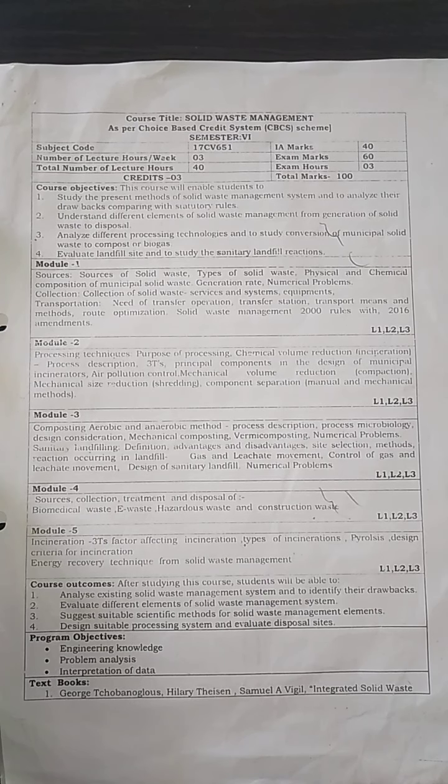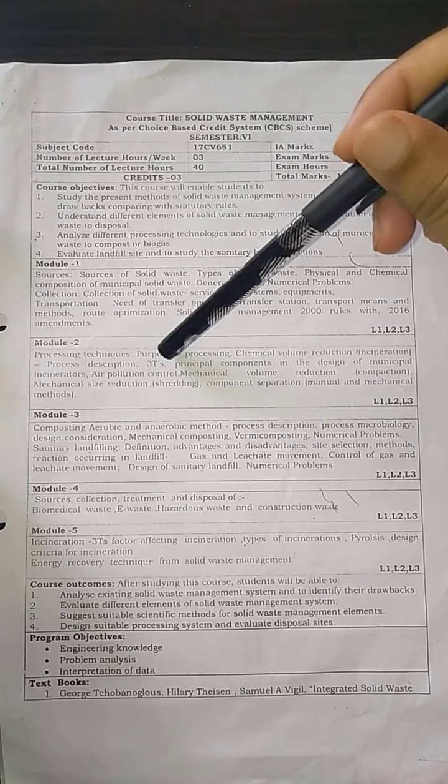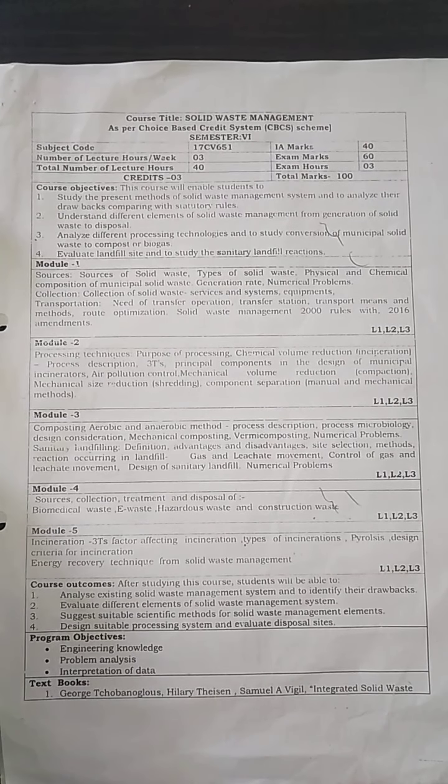Now first of all, we will see what is processing technique, okay, and then what is the purpose of it. Now in the processing technique, what we are exactly doing is, in order to increase the efficiency of the solid waste disposal system, we will be processing the waste. Okay, then to recover the resources, that is usable material, if anything is there in the solid waste, we will be recovering it. Then to prepare the materials for recovery or the conversion of products and energy. So this is the purpose of processing.